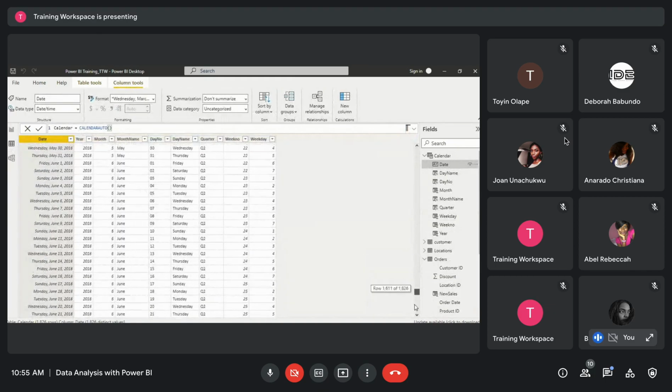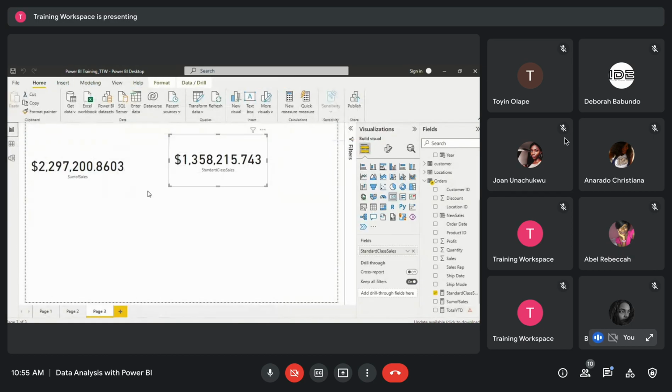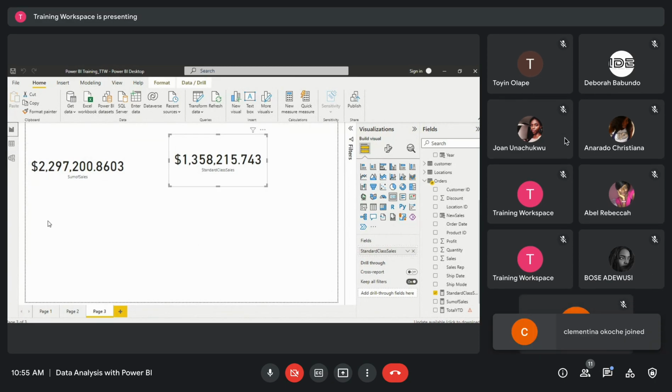but let's assume 2018 is 2022, and we want to just calculate how much sales we've been able to make from standard class shipping mode from the beginning of this year up until now. Or let's say, since our date stops at 2018, from the beginning of 2018 till the end of 2018, we use the time intelligence function such as total year to date. It aggregates the value for a particular year from the beginning of the year up until the date that measure is being computed. So in this case, 2018